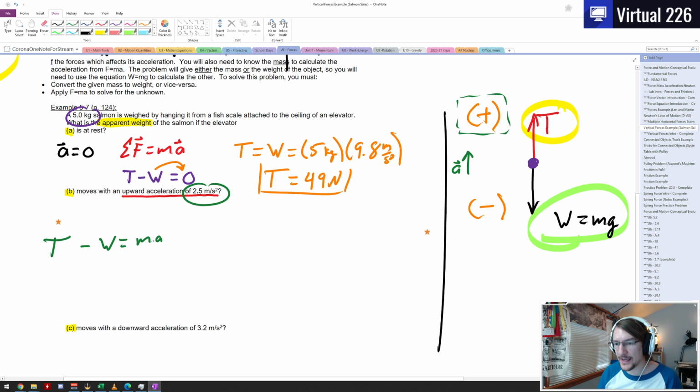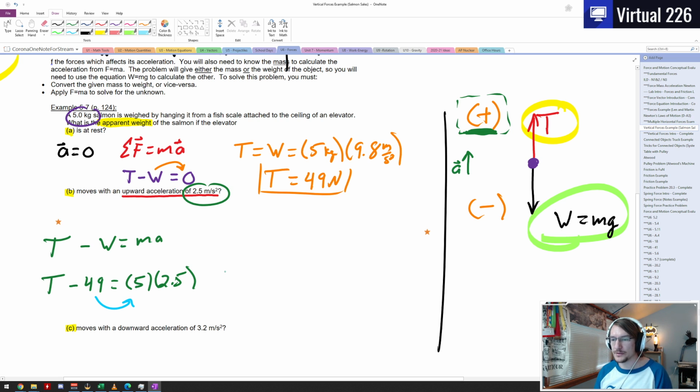equals ma. And if we put in some values here, we'll see we have tension minus, well, we know the weight is 49, mg, 5 times 9.8 was 49. And that's going to equal the mass, 5 kilograms, multiplied by the acceleration. And our acceleration is a positive 2.5. So now we can take the 5 and 2.5, multiply them together, and then combine them with the 49. 5 times 2.5 is 12.5. So we get T minus 49 equals 12.5. And then if we add the 49 to each side,